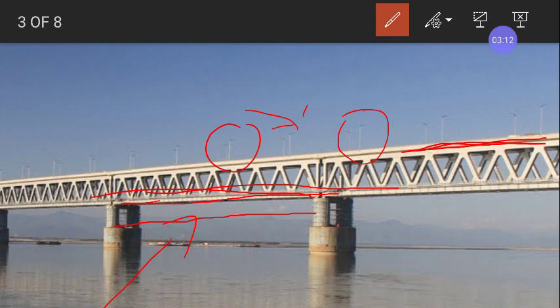Depending upon the height of the train, the space has been left here. Over that, there is the construction of the road. This is the road, and this is for the train. This is one example.